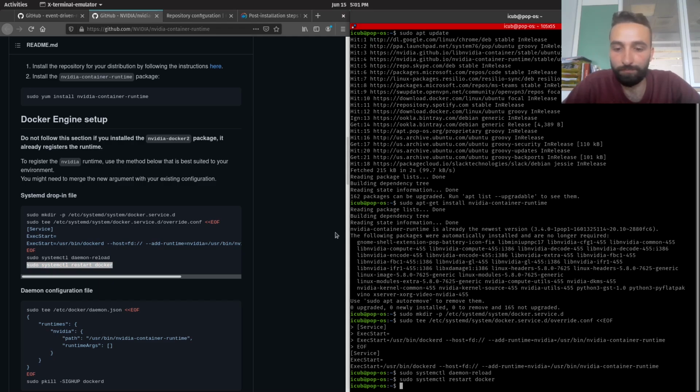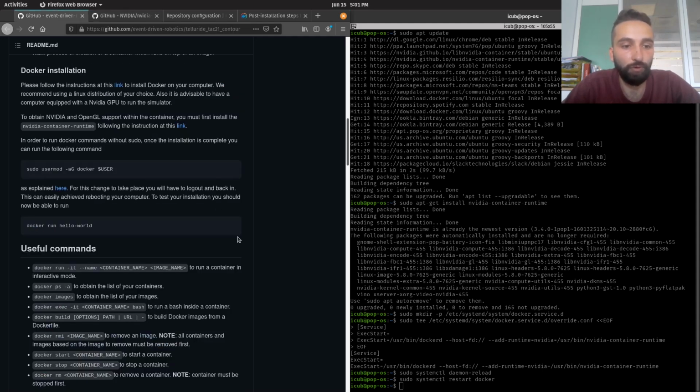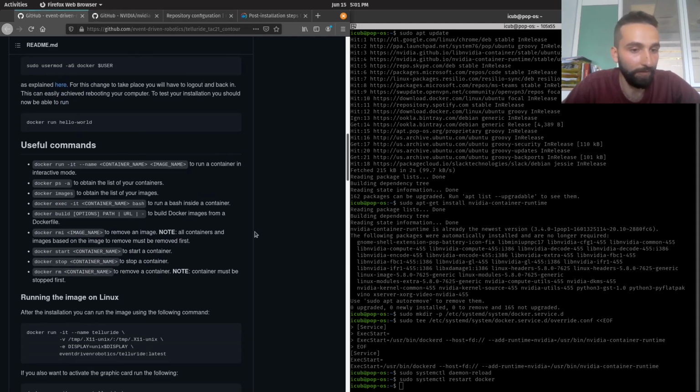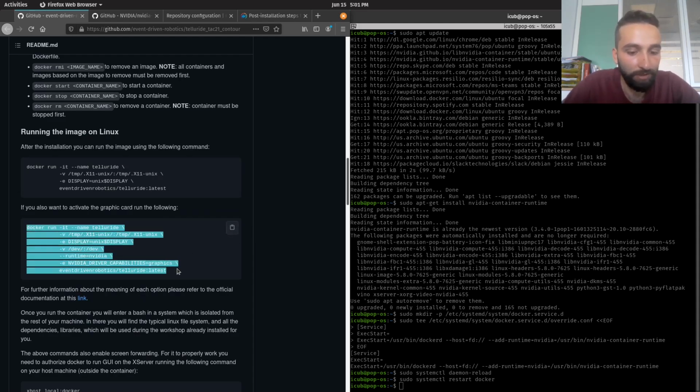There we go. So now we have the NVIDIA container runtime. This will allow for using the GPU inside the container. Okay, so now we have here this command